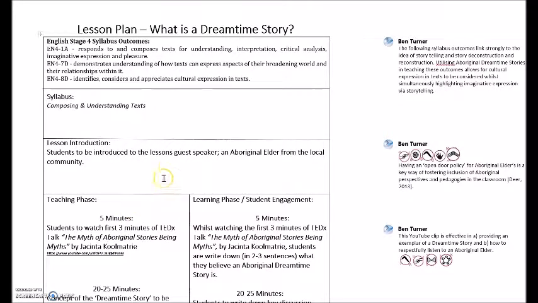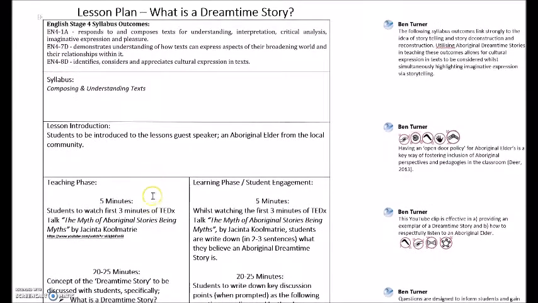The following lesson plan has been designed for a Year 8 English class. The crux of the lesson is understanding what is a Dreamtime story. Going into detail about the syllabus outcomes, they've been chosen in accordance with constructing and deconstructing what an Aboriginal Dreamtime story is. To begin the lesson, students are firstly introduced to a guest speaker, an Aboriginal elder from the local